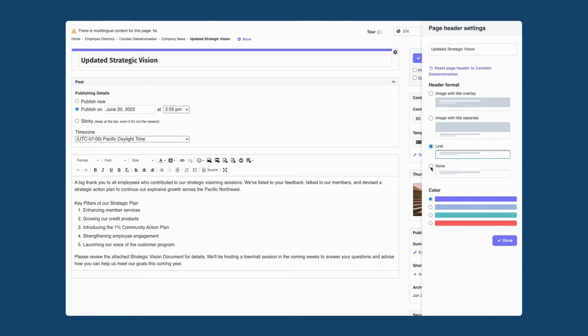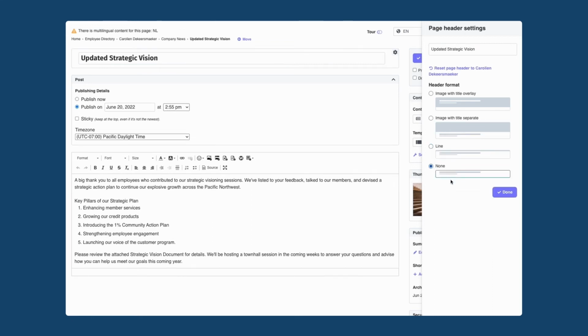And then last but not least, you can also go for less. Less is more. So if you select none, then you'll see that there will be no page header at all. No color block, no image block. So 4 different options to choose from. You can mix and match your pages as much as you like. So every single page on your intranet can be customized and have its own type of page header, much like